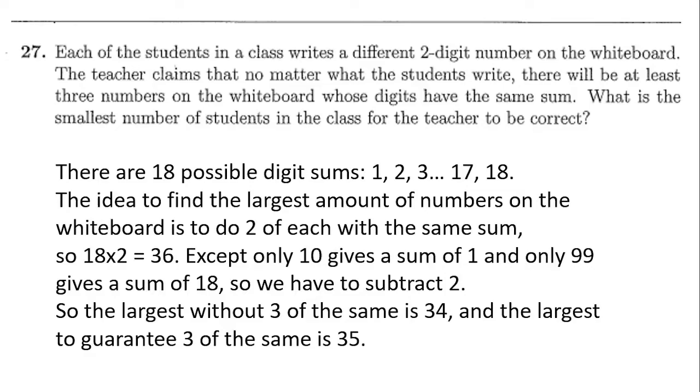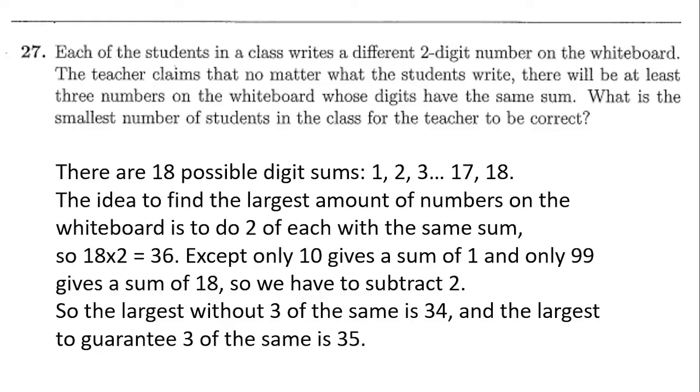So there are 18 possible sums, 1 through to 18. And the idea to find the largest amount of numbers is to do 2 of each with the same sum. So 18 times 2 is 36. Except for the fact that